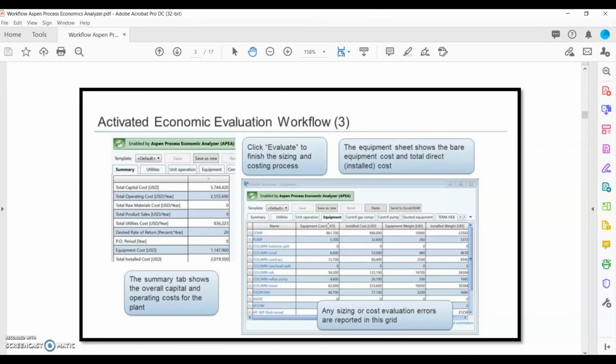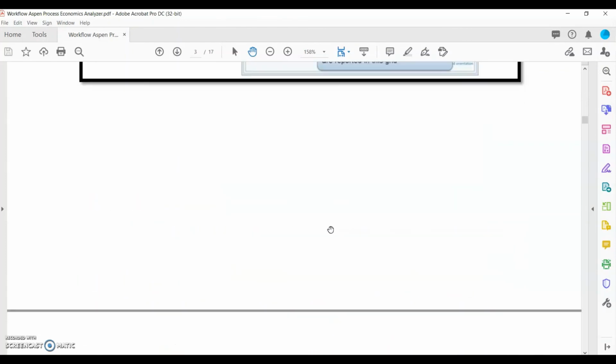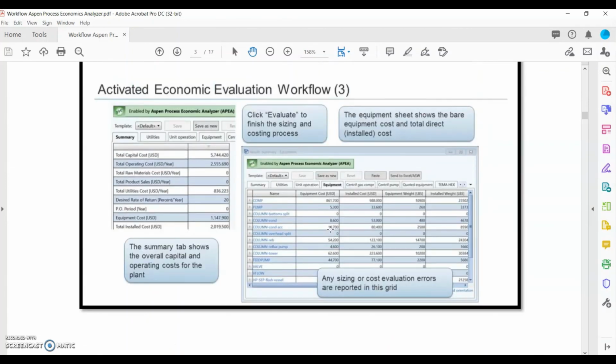Only after you have troubleshot, and therefore there are no more errors, can you use the result from the APEA as your final result. So that is the general workflow on how we can use the Aspen Process Economic Analyzer in performing the project evaluation.